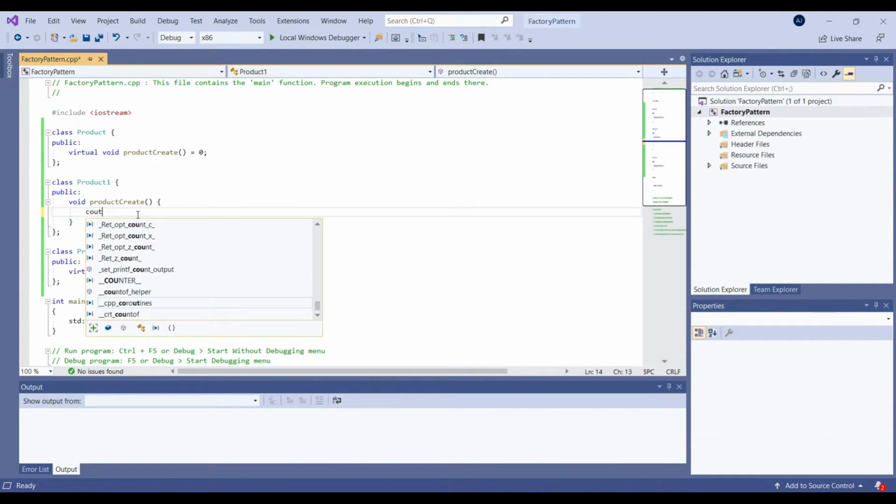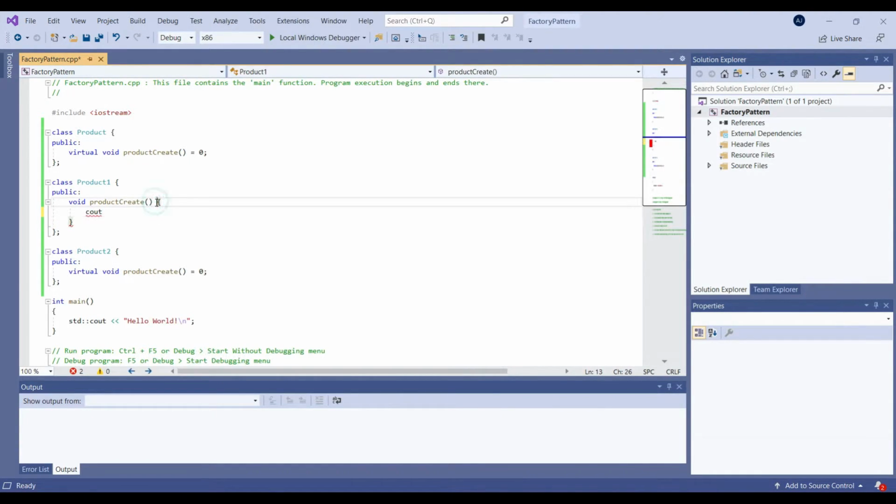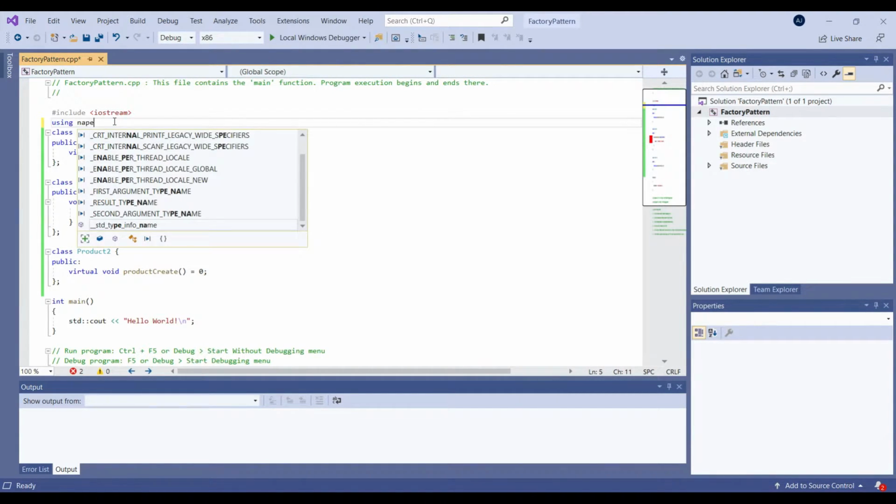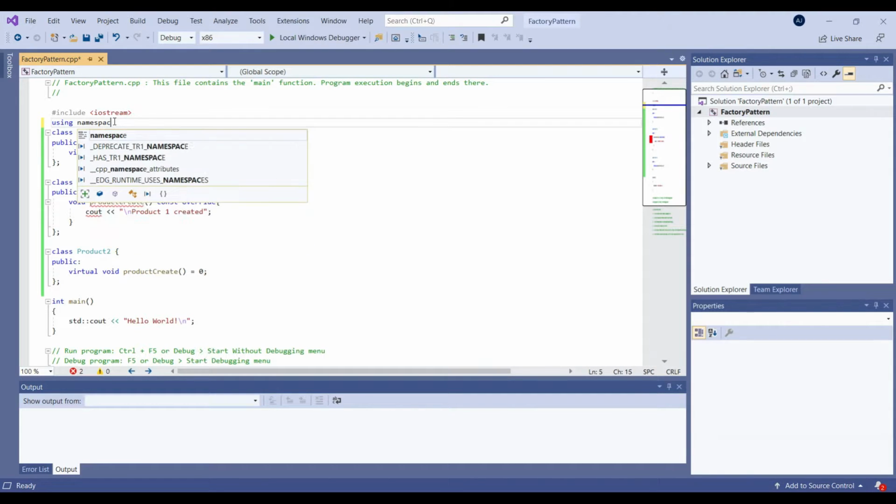Just write here cout, const override, product 1 created, with a \n. Yep, that's enough. Using namespace std, as cout gives us issue.